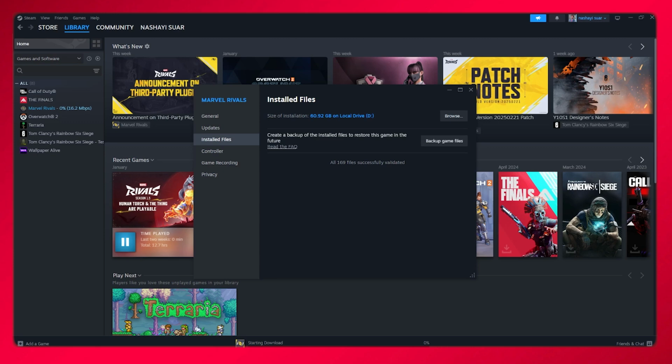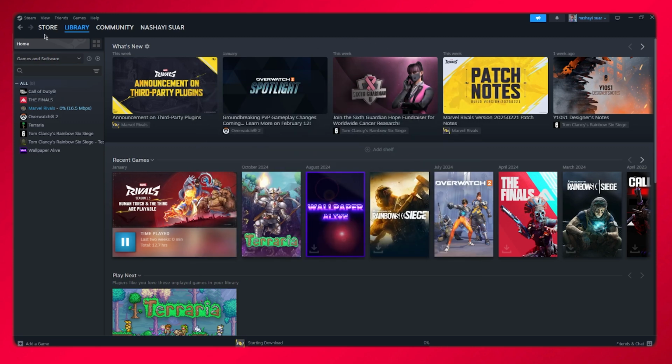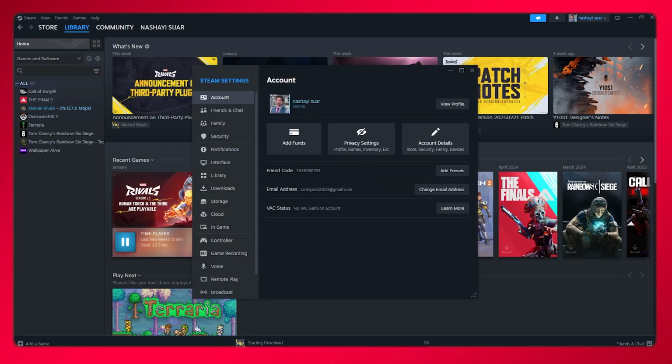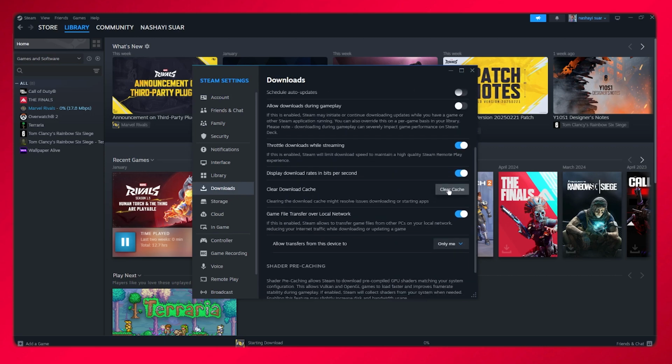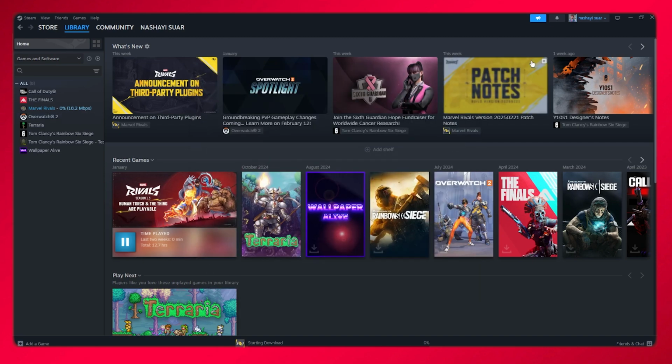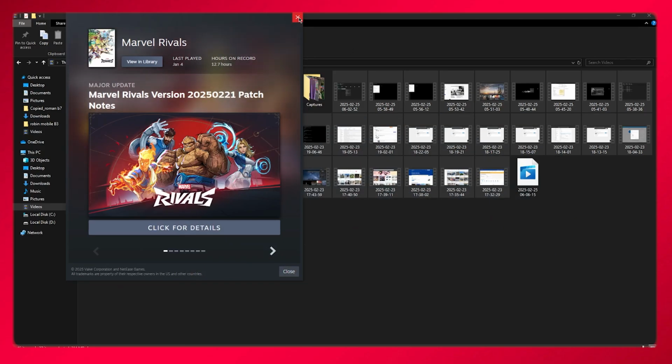So what you can do for more is you're basically going to be coming here. You're going to go over to your Steam's settings. Now, once you're in your Steam settings, go over to your downloads and scroll down here to clear your cache memory. Now, what that does is it removes any irrelevant spaces that are causing your Steam to not function properly. And once you've done all of this, just go ahead, restart your computer, and now your games should start up